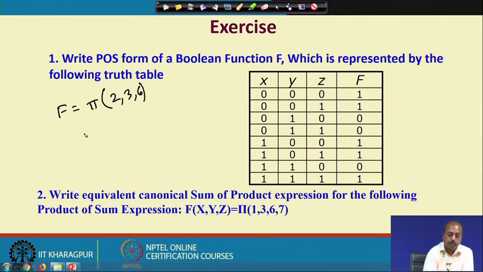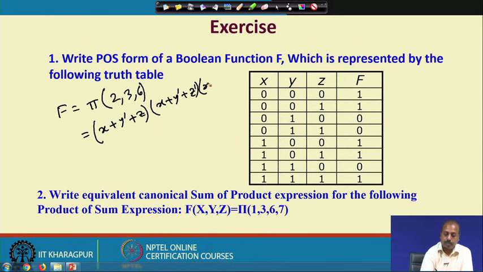So, 2, 3, 6, which essentially means that when I am writing the function, for 0 I will write in true form. So, x plus y bar plus z into 3, x plus y bar plus z bar into 6.